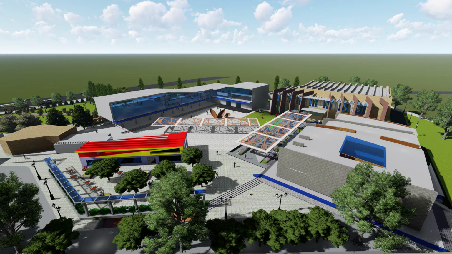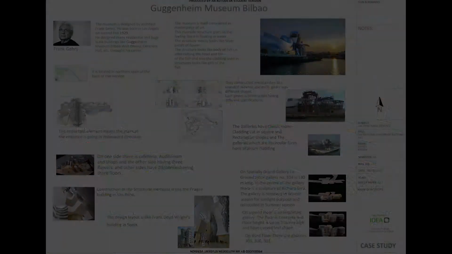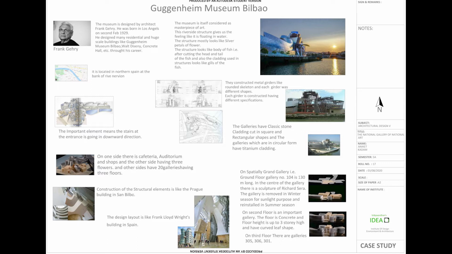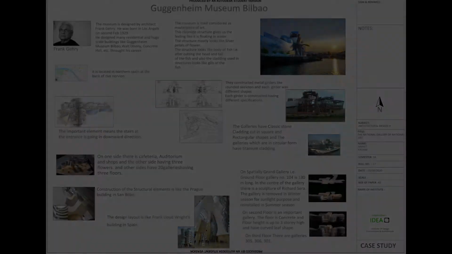Due to subjects like literature, visual art, graphic art and plastic art, spaces like auditorium, library, art galleries and other permanent exhibitions are needed. Case study: I have studied the Guggenheim Museum, Bilbao, designed by architect Frank Gehry. From this case study, I understood how transitions are created between spaces, and I also studied the idea of open space and the idea of cloister to allow natural light and ventilation.